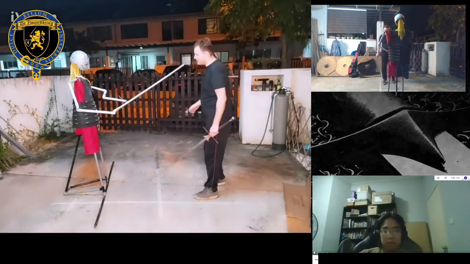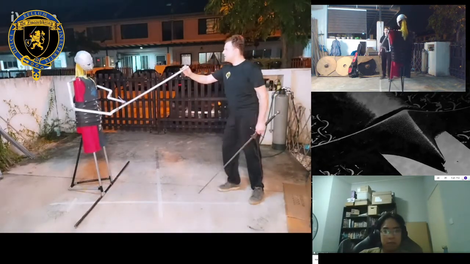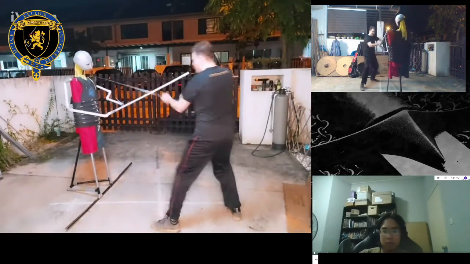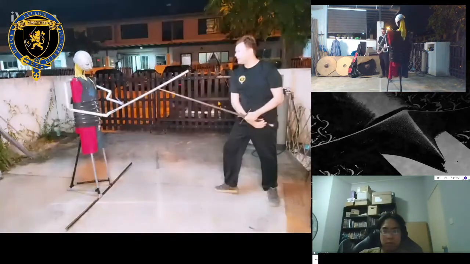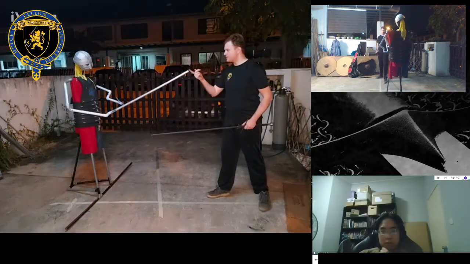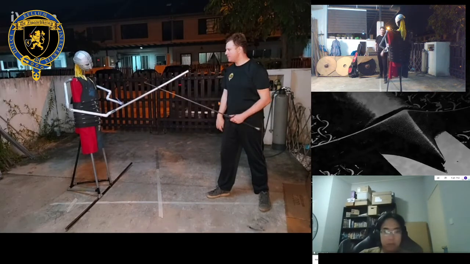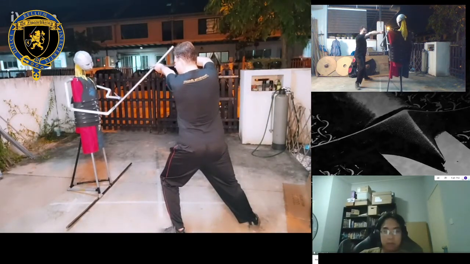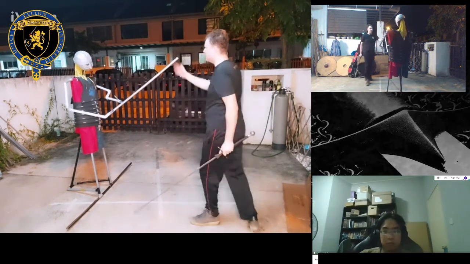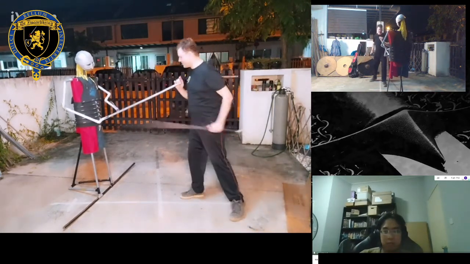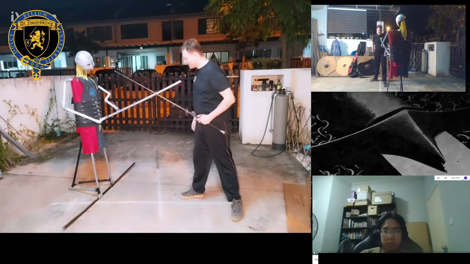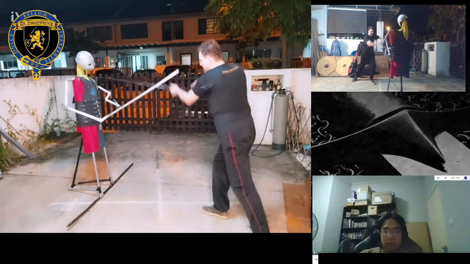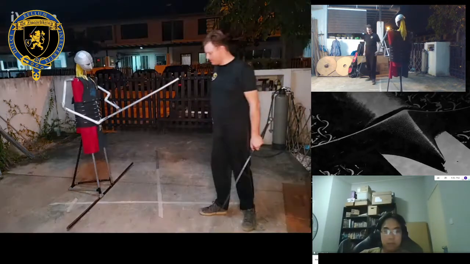If my opponent is in moderate range, I can make a diagonal step. If he's even closer than that, but observe that at this point his tip is practically in my face, I can make a sideways step. So not even diagonal forward, but sideways. If he is really close for some reason, like he got his tip on me, I may need to diagonally retreat backwards in order to get the move out.